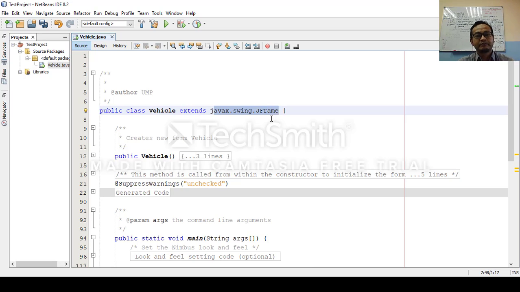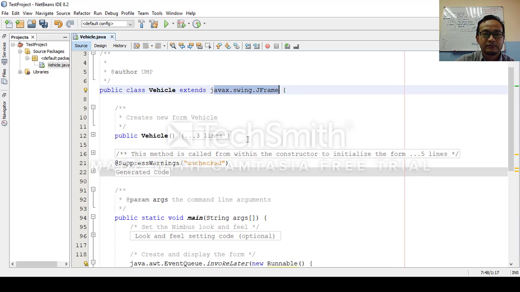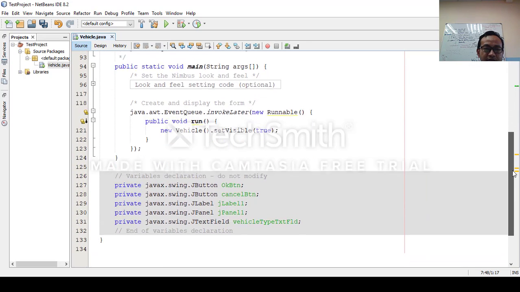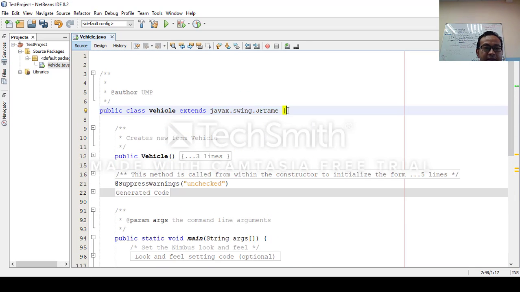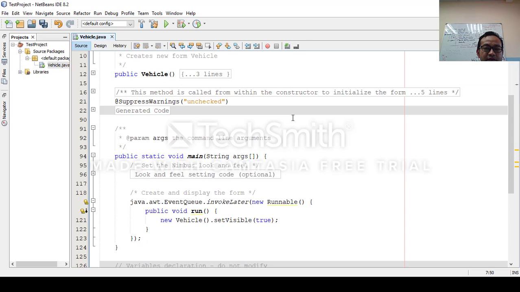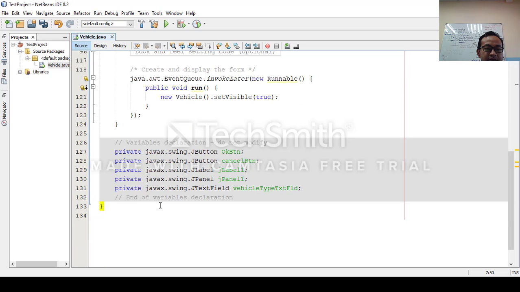This means it implements inheritance, and everything inside the class Vehicle can use the Java Swing JFrame methods provided built-in by the JFrame package. Then you see this is the open curly brace until this closed curly brace. This is already provided by the